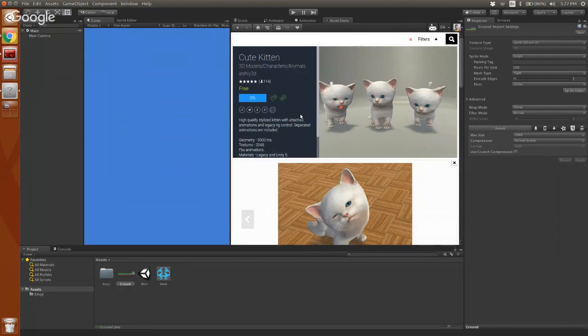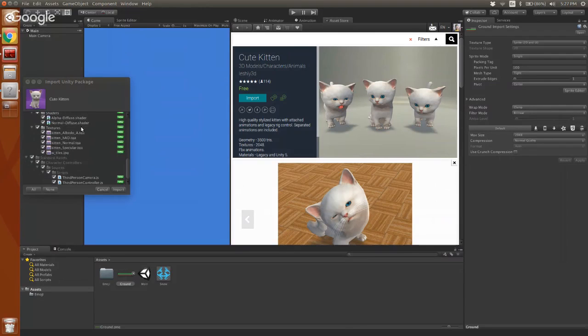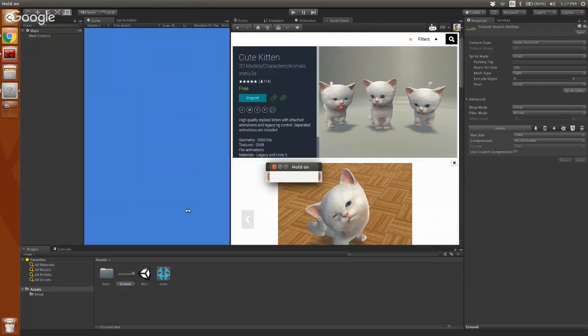I know we're hijacking everything tonight. That's all right. We're going to download this and see what happens. All right, I have no idea what's going to be in here. Let's see. So this now contains... You've officially sold Samantha on Unity. Oh yeah, man. This has got animations and all sorts of cool stuff in here. Yeah, so we'll see how this goes.